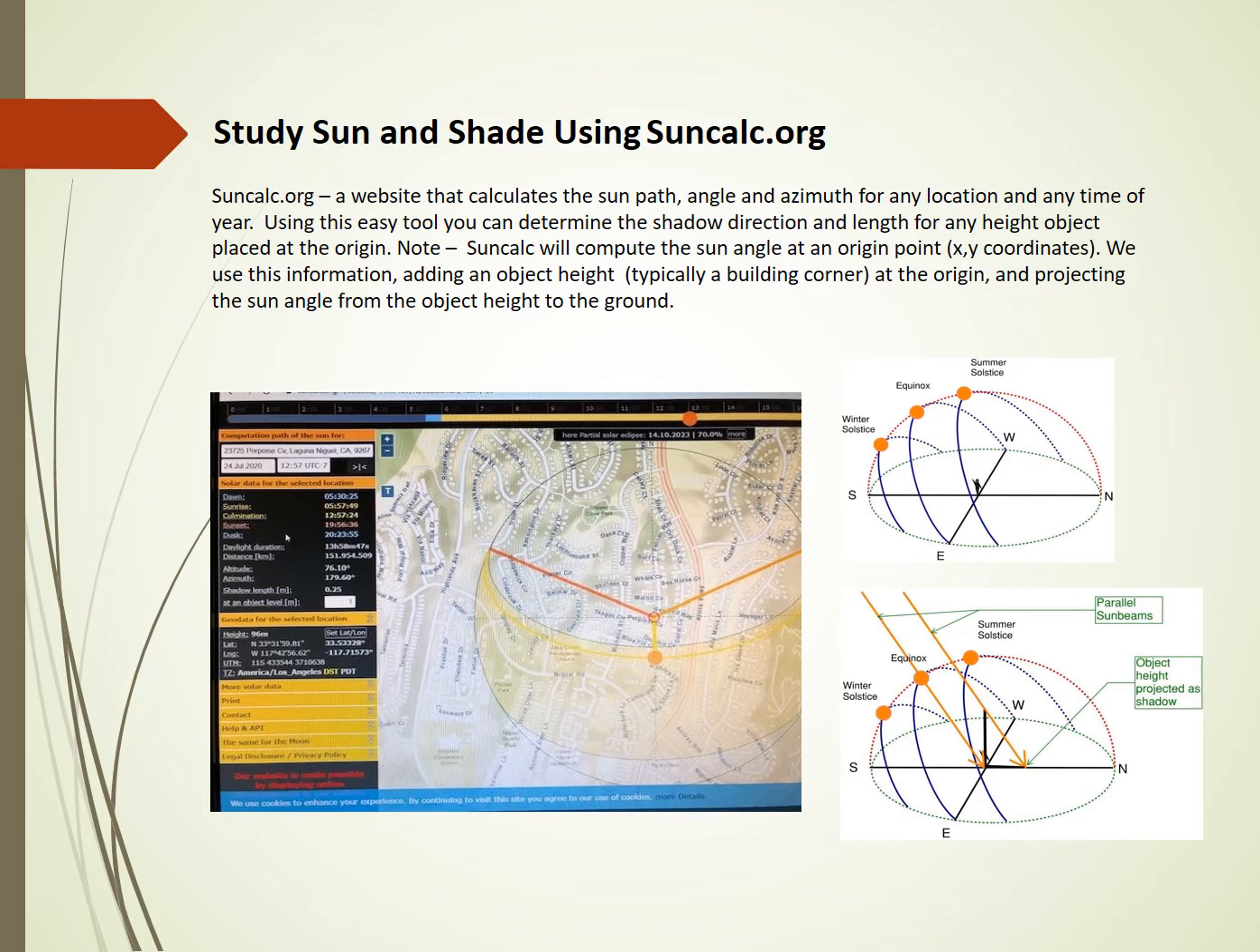Azimuth is the direction from which the sun rays come. It is measured on a compass circle from 0 to 360 degrees with north at the top. You can use SunCalc to determine the shadow direction and length for any height object, such as a building or a complex of buildings. You can obviously use SunCalc to show you shadows for today, right now, but I suggest